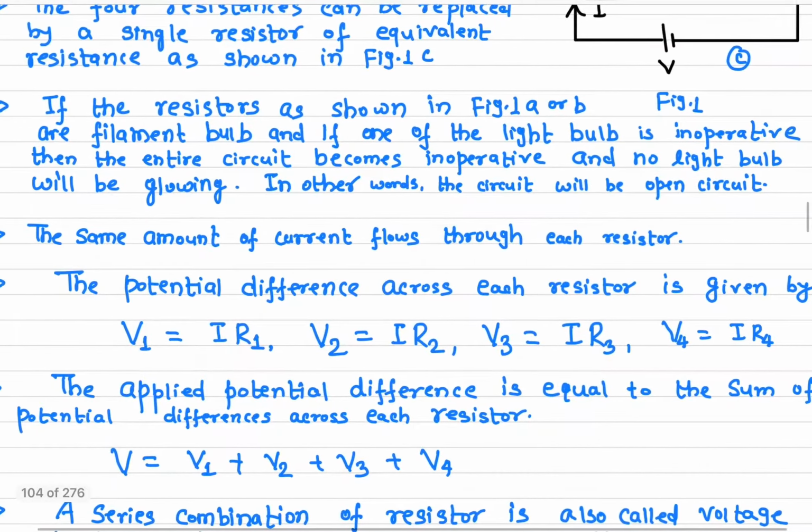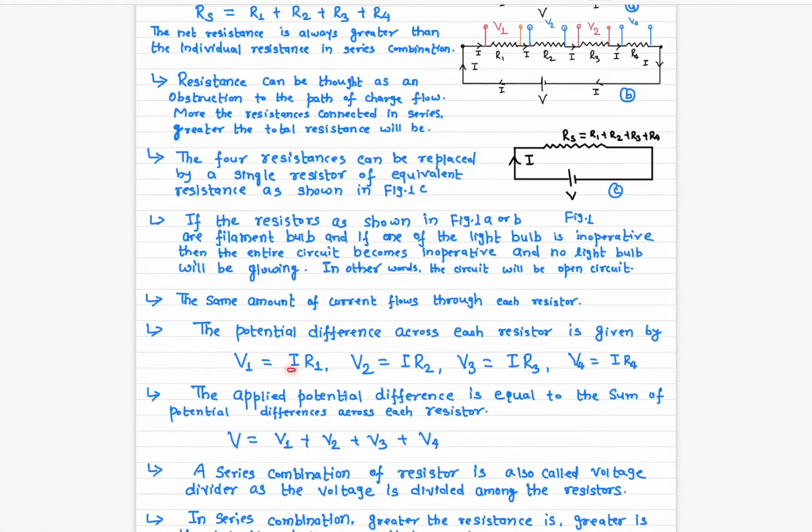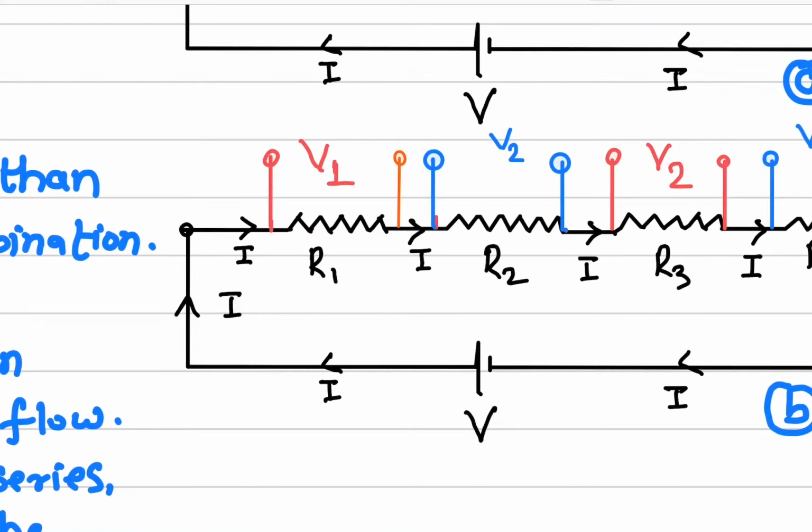The one thing I just mentioned here, the potential difference across each resistor, is given by this formula. V1 is equal to I R1. How do I measure the potential across this resistor? The one way is, first you have to find out the current passing through the circuit. We know that the same current will be passing through each one, so once I know the current, I simply multiply by R1, and that will give me V1. In other words, V1 is equal to I times R1,